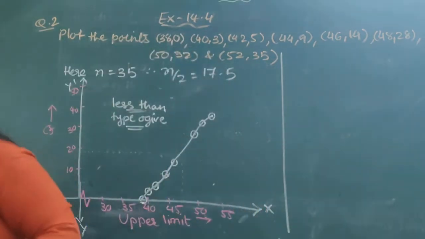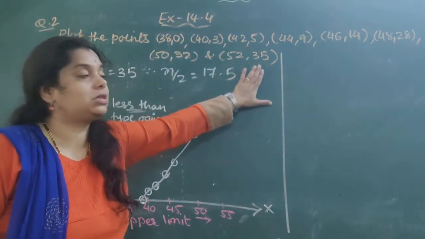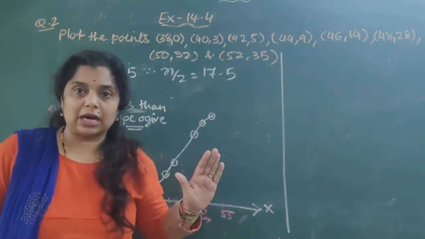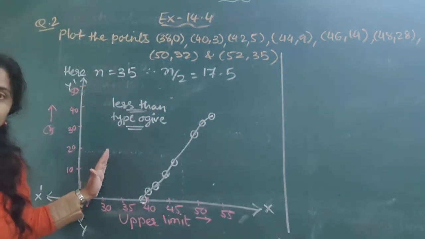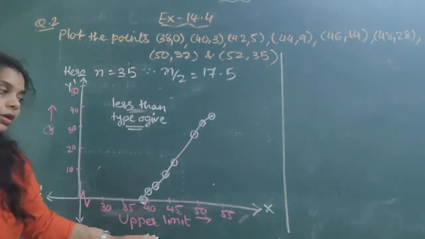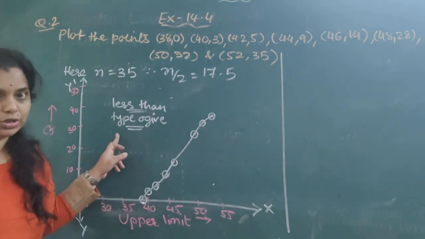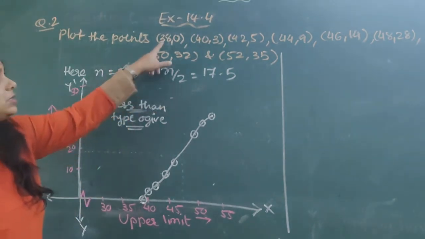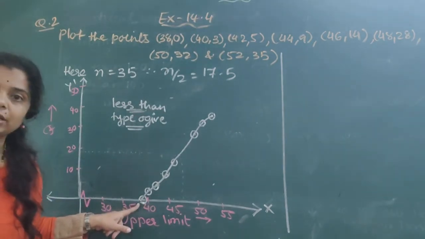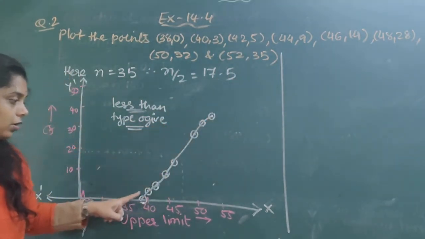Okay, so let's see. As the points are directly given, 38, 0, 43, all these are points. As you already know how to plot a graph, I have already plotted it here. On the y-axis, what do we have to take? Cumulative frequency. On the x-axis, the upper limit, as we have to plot a less than type Ojive. Right? Now, next thing is just plot the point 38, 0. It means it is on the x-axis. Like that, I have plotted all these points and joined the curve.